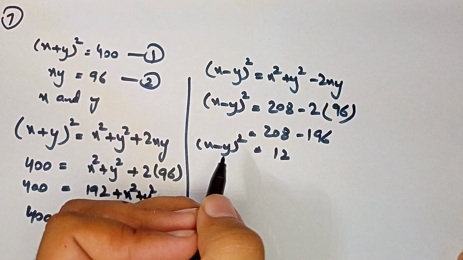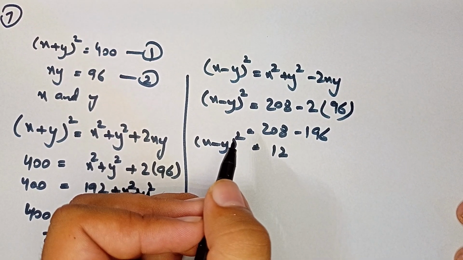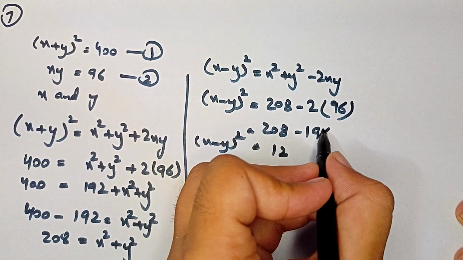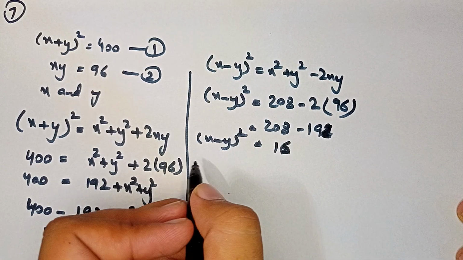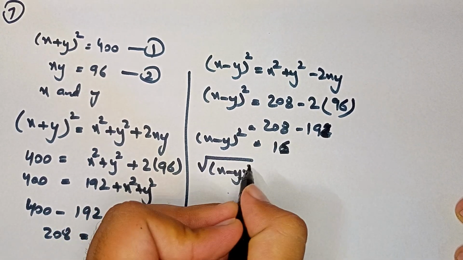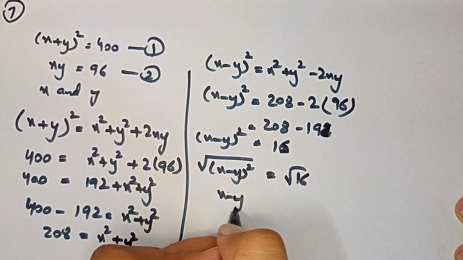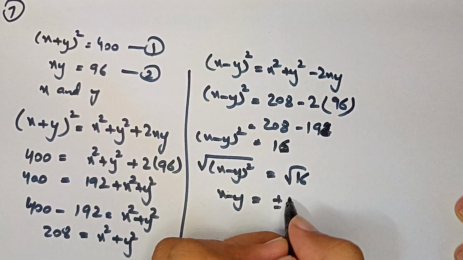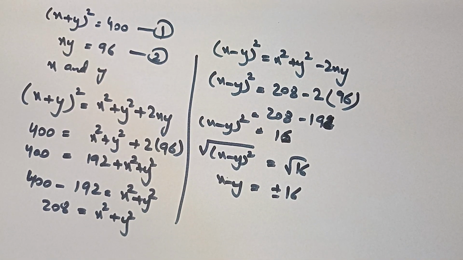Sorry, that should be 192, and this is 16. Okay, and we take the square root on both sides. Our answer should be plus minus 16. So if you have any query, you can contact me. Okay, then